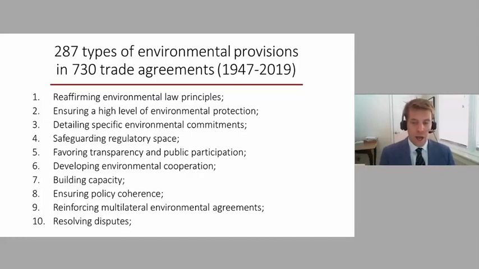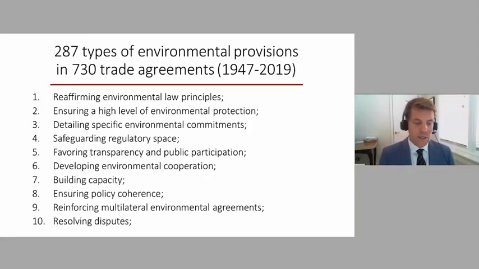And keep in mind that some of them have several hundred pages, but sometimes more than 1,000 pages, because environmental provision can be found basically everywhere in a trade agreement, not only in a chapter specifically devoted to the environment. So they had to read the entire trade agreement to identify every provision and to classify them. And not only that, but every trade agreement was read at least twice, if not 3 times, to make sure that the data set was consistent and reliable.